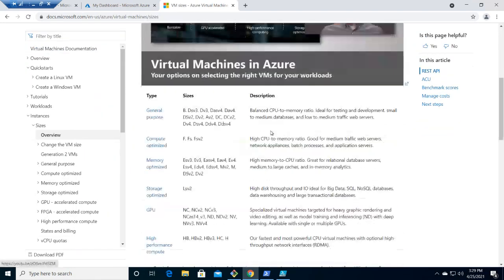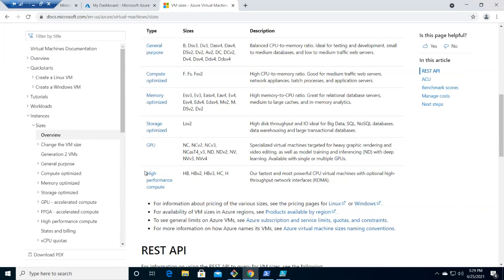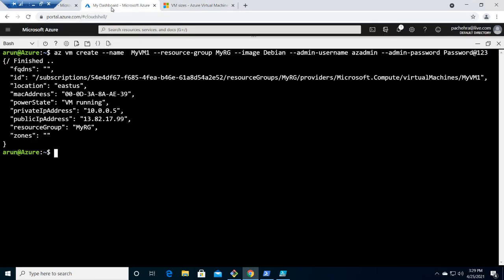Yes, right here. There are different types of VM sizes. You can see for general purpose, these many; for compute optimized, F series; for memory optimized, E series; storage, GPU. There are various kinds of VM sizes that we utilize as per our need, right?